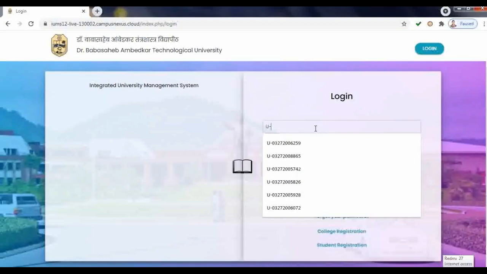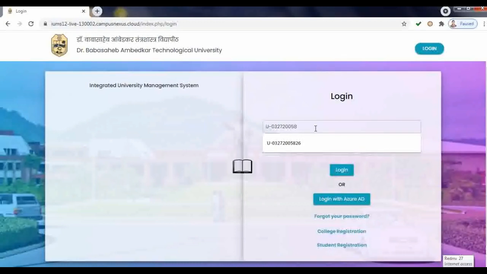So enter your username over here. Password is your registered mobile number. So enter your password here.